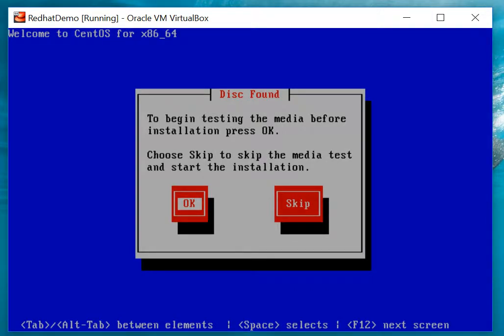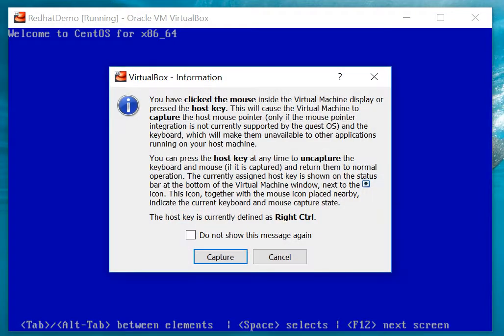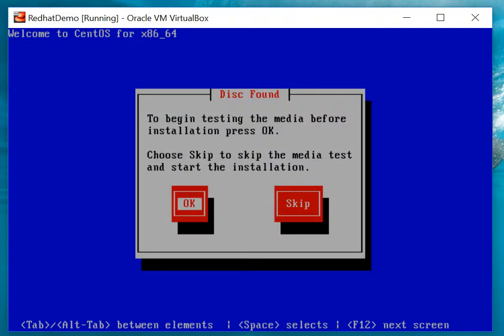Make sure you don't use the mouse. If you do use the mouse, your mouse gets stuck in there. To get out of the screen, simply use the right Control button on your keyboard so that your cursor is back. Okay, I'm going to show this using my keyboard here. So the OK option is here, so just select it, hit Enter,